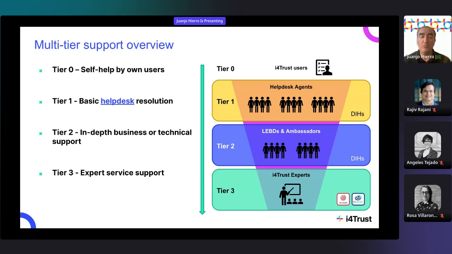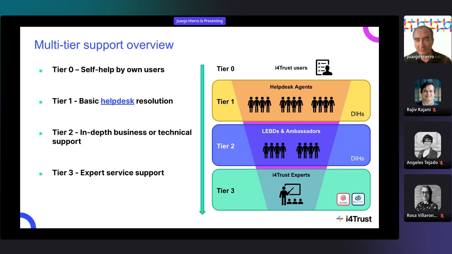And when such questions are formulated through that help desk channel, there will be a back office process in place that we will describe in detail in that session next Wednesday, where there will be a ticketing system supporting the creation of tickets associated to those questions, and we will be able to follow up how those questions get answered, involving DIHs in tier 1 and tier 2.